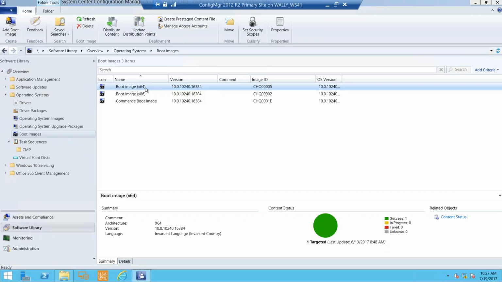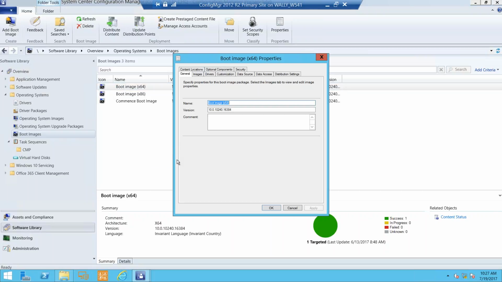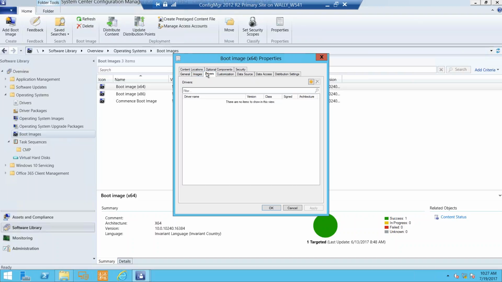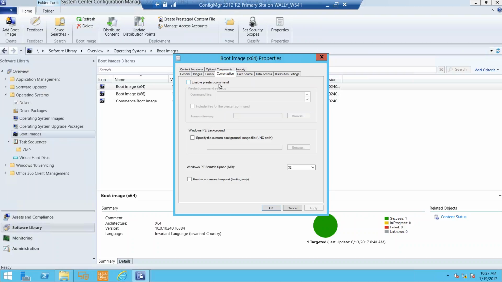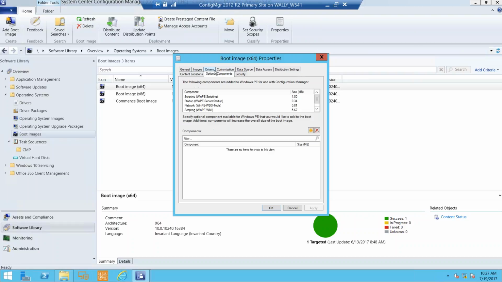I did not do any customizations to it at all. So if I go look at the properties of the boot image, you'll see that I did not add any drivers. You hopefully don't have to, but you can if you need to. I haven't added a pre-start command, haven't enabled command line support, which is a very common thing to do for testing scenarios. And I haven't added any optional components, which some people do want to utilize,